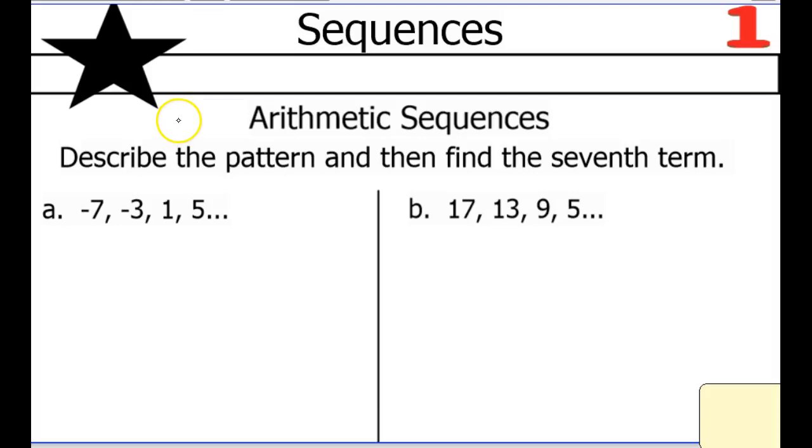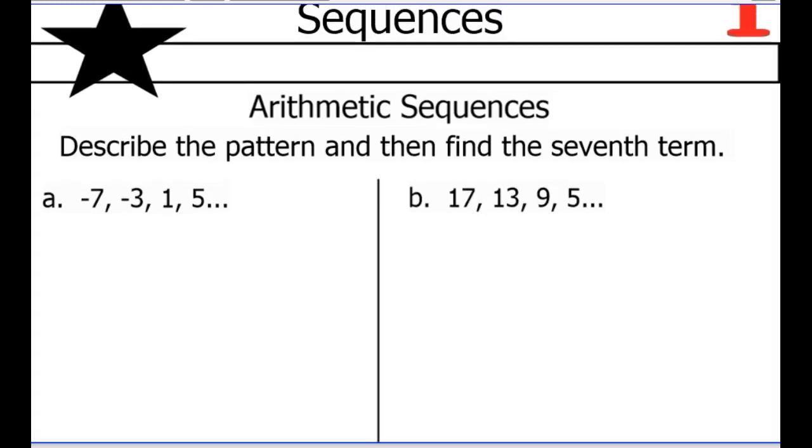Morning, everybody. Today we're talking about sequences and rational and irrational numbers. So what we're going to start with is sequences. This is another thing that we haven't learned before, but basically we're just describing the pattern. So if we describe the pattern and then find the seventh term, we got to look at